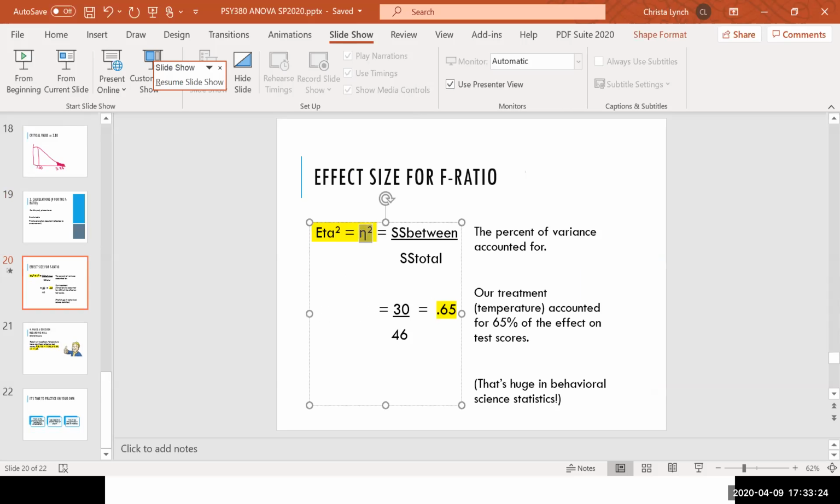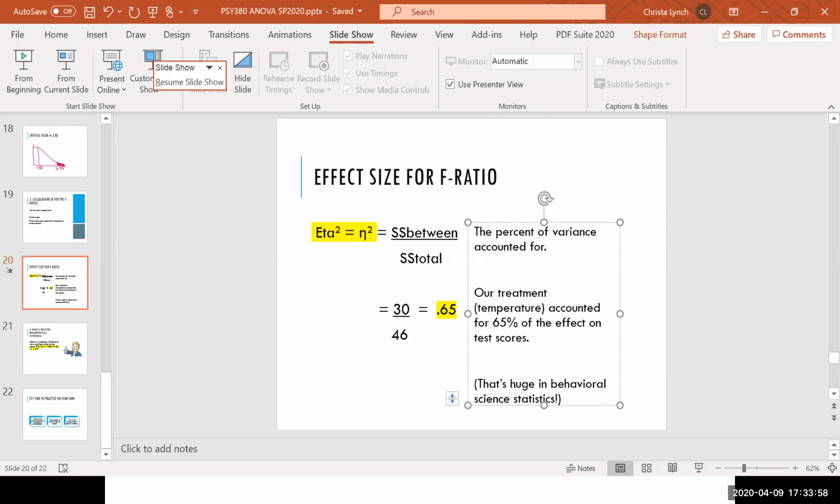Some of you have already looked at that and it says n squared. There's actually the Greek letter eta squared. And so the formula for that is the sum of squares between divided by the sum of squares total. Guess what? You already have all of that information on your table. So if you take those numbers and divide them, you'll have 0.65. So your eta squared is 0.65. Now remember that the formula for this particular effect size is the same as R squared, by the way. The percent of variance accounted for